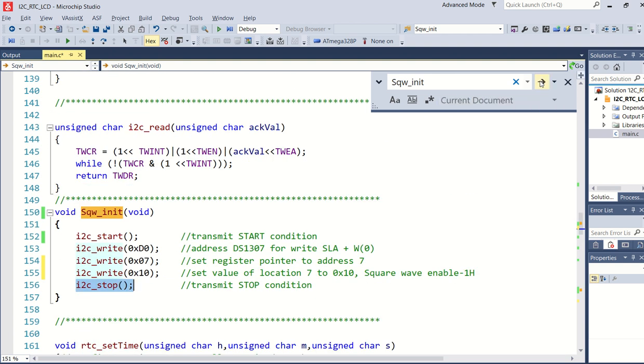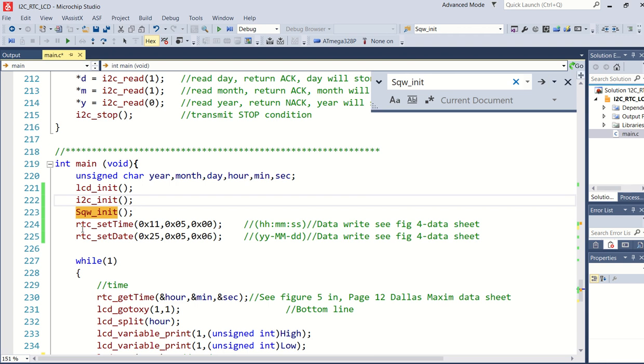So let's go back to the main program, which is this one here. I've got functions written here, a real-time clock set time and a real-time clock set date. Now, in videos to follow, I'm going to change this, because this is a fixed method to set the hour, minute and second. The program is writing this data into the real-time clock.